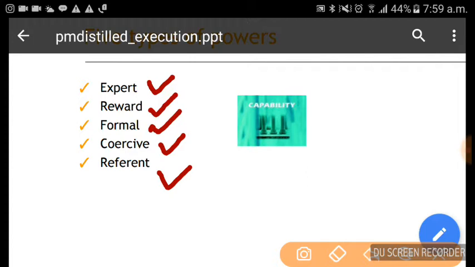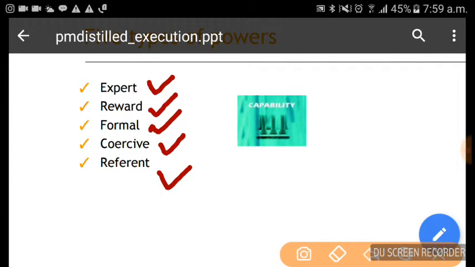Then referent power, that means if my boss is very powerful, I'll also become powerful. If my boss is not powerful, then I cannot be powerful.